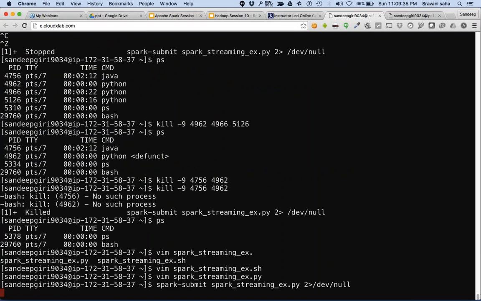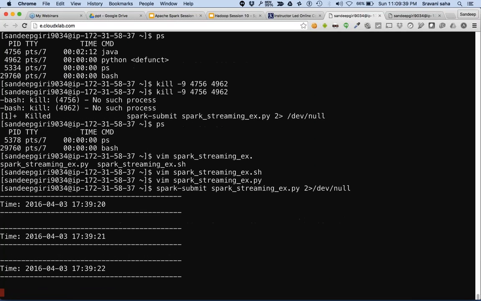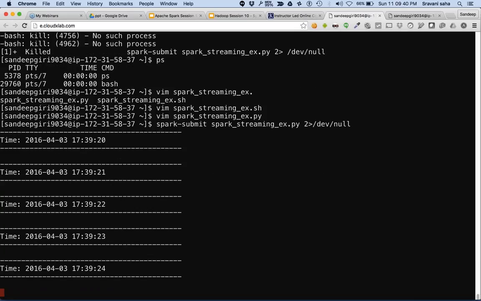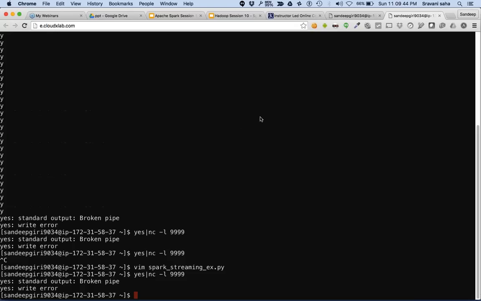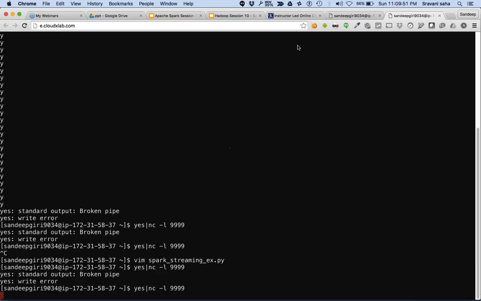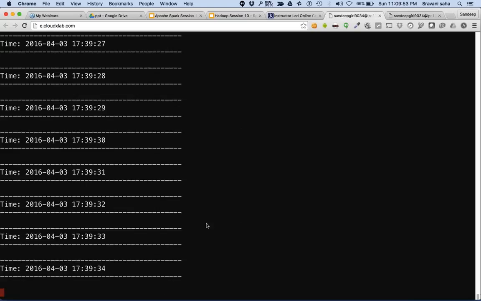So I'm again running the Spark streaming program, which is going to run every second. You can see that every second it is printing how many words it has encountered. Now let's pump in the data from the other side. Here I'm just pumping y again and again into the same port. Now you can see something interesting here.